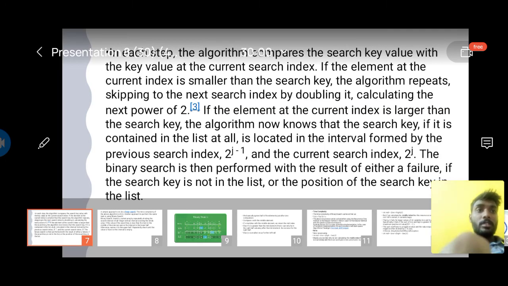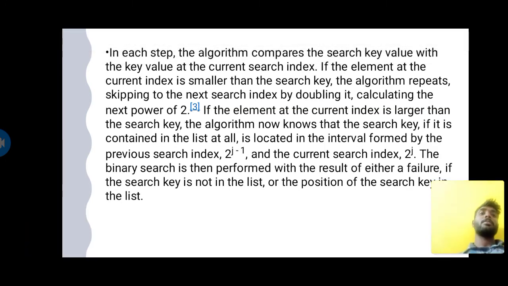In each step, the algorithm compares the search key value with the key value at the current search index. If the element at the current index is smaller than the search key, the algorithm repeats, skipping to the next search index by doubling it, calculating the next power of 2.